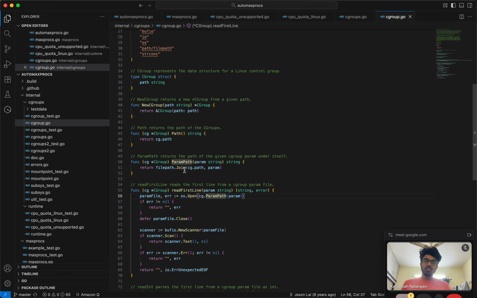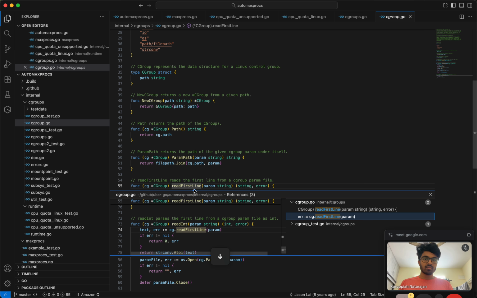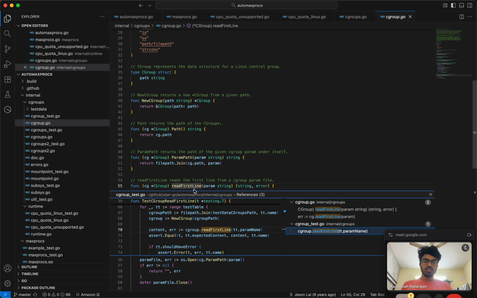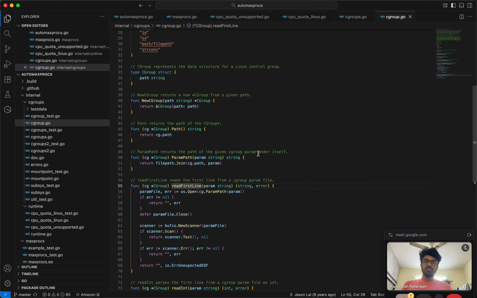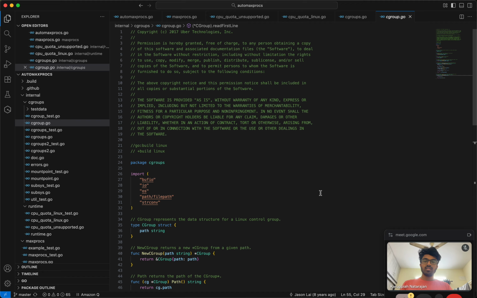Given the path and the parameter, so the file path join. Okay. Who uses this? Read integer. They use it. Parameter name cpu.cfs_quota_us. Okay. Looks like they've done quite some stuff.